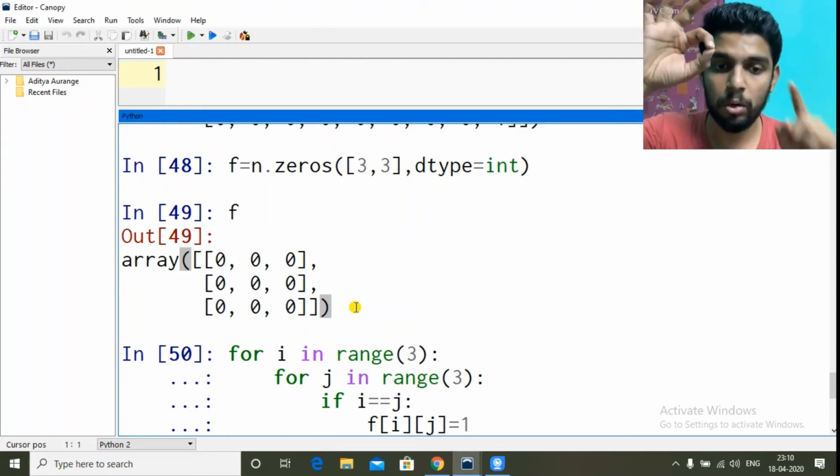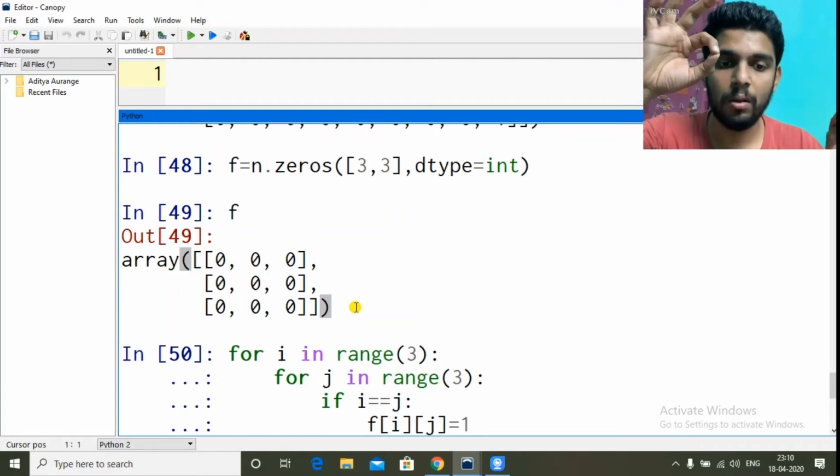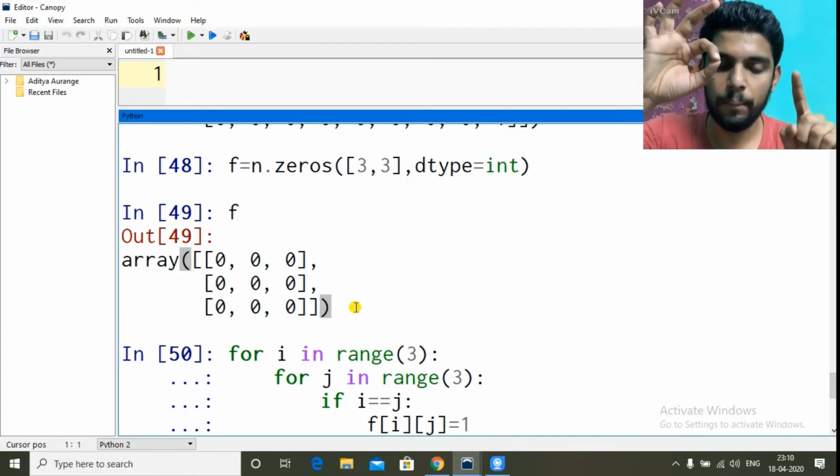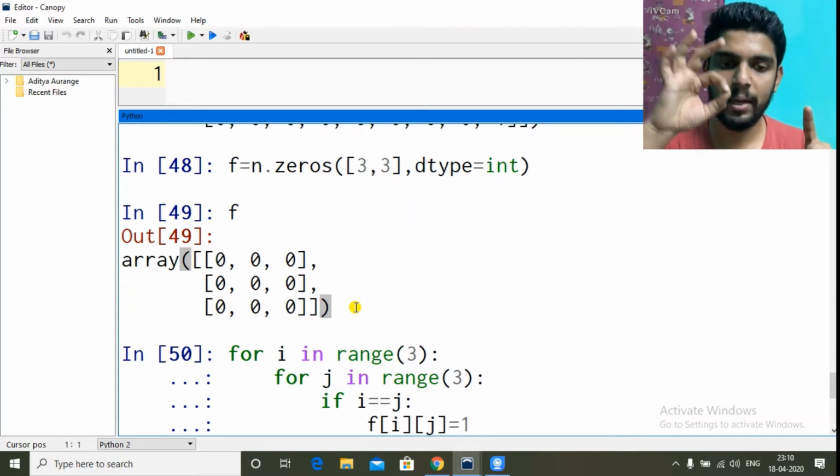So we will not go outside until we have completed the inner loop, the j loop, for all the values of j, which is 0, 1 and 2. So for next value, j took 1. So we go inside, and if i equal to j, they are not equal. So it will not go inside and will not update the value of f.